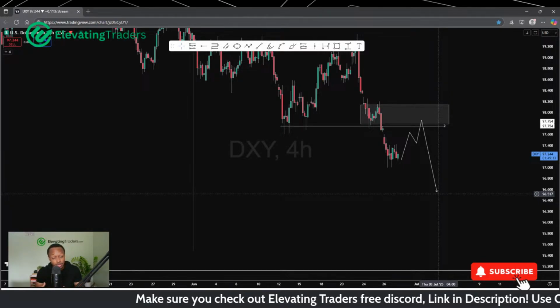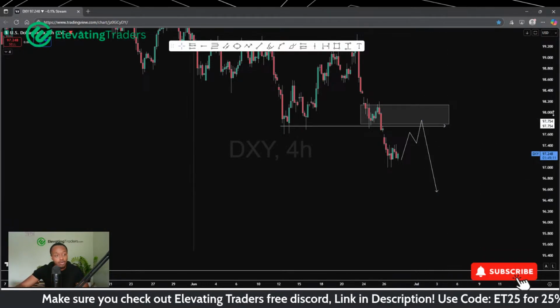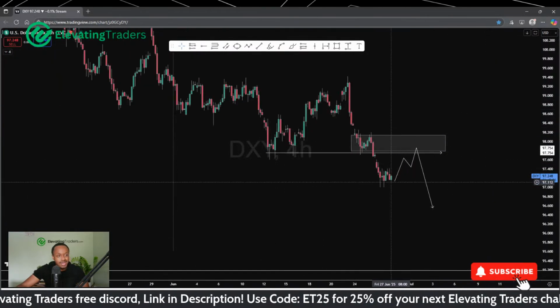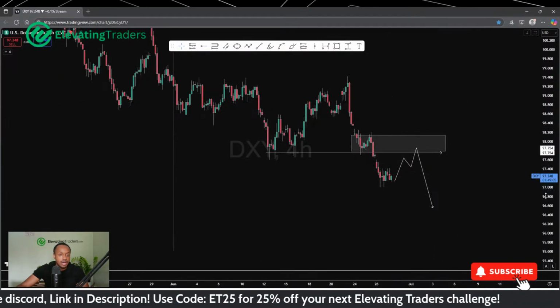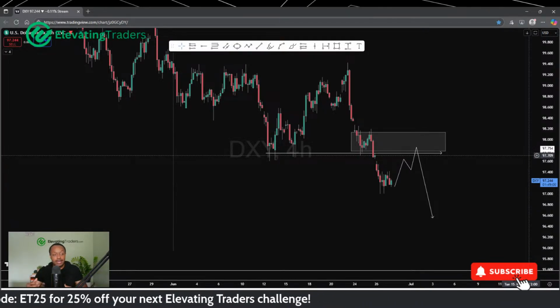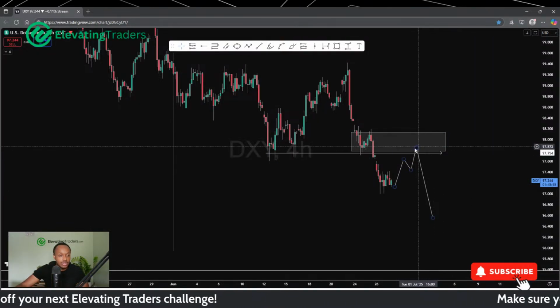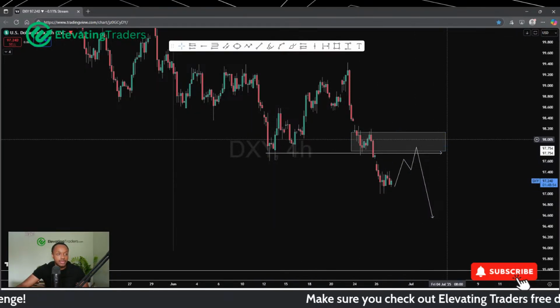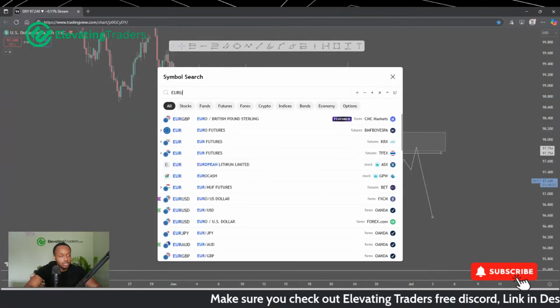I wouldn't look to buy the dollar. I think that's pretty aggressive, taking into consideration how oversold the market is. Yes, I do expect a retracement, but I think trying to catch that low is just always an aggressive trade, a difficult trade to take. But I do like the intraday shorts here. If you drop to a lower time frame, respect support, I think naturally that will give a nice push lower.